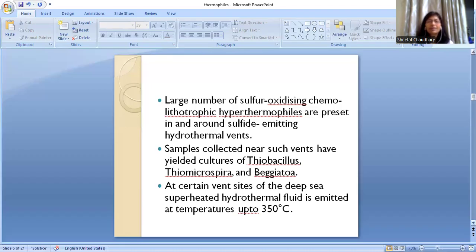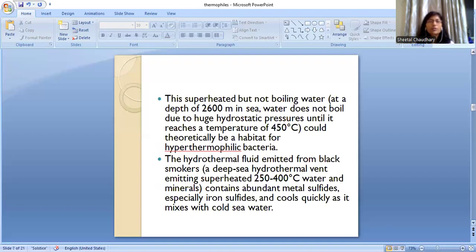Samples collected near such vents have yielded cultures of Thiobacillus, Thiomicrospira, and Begg